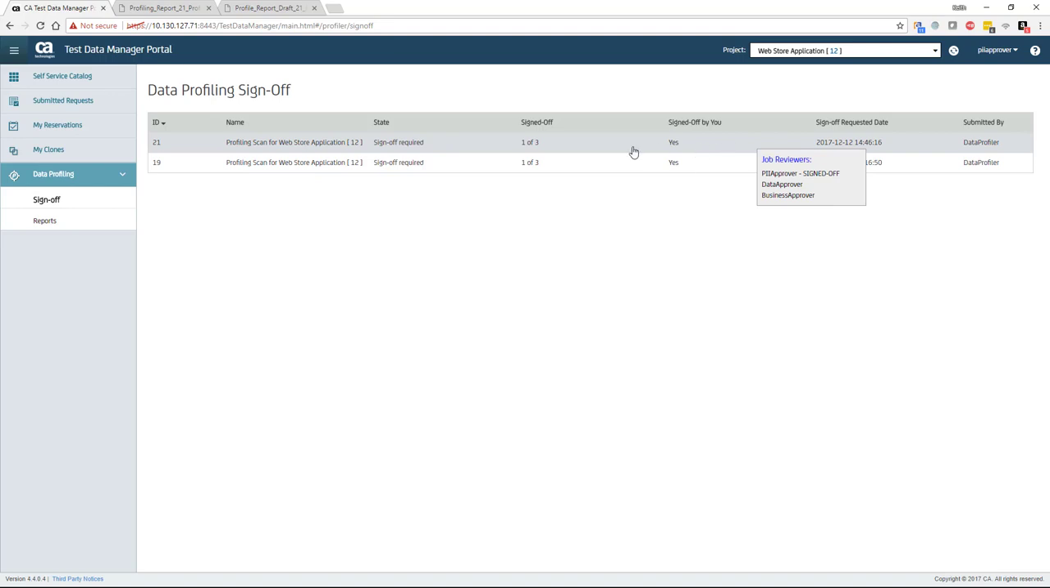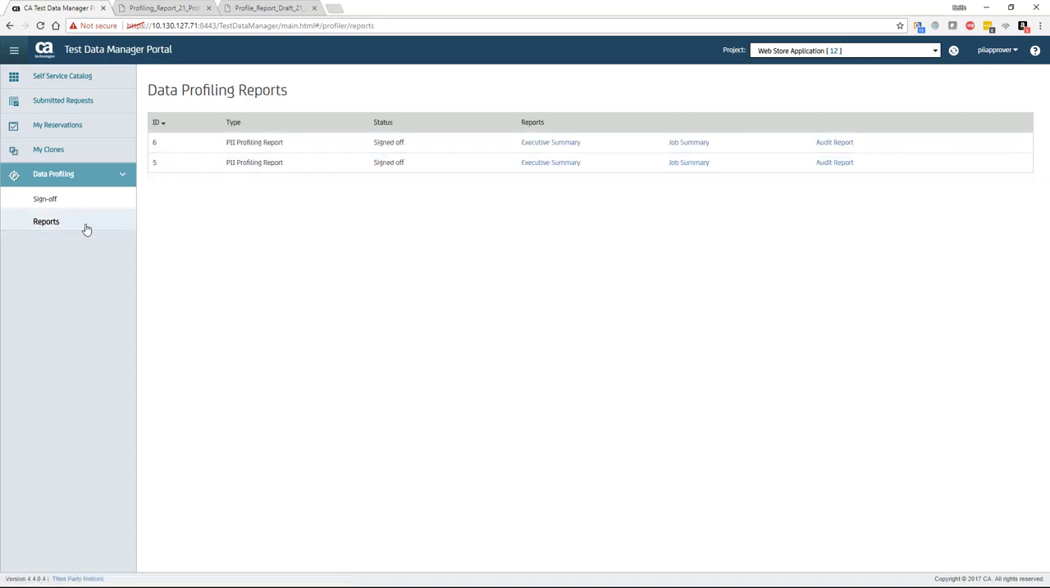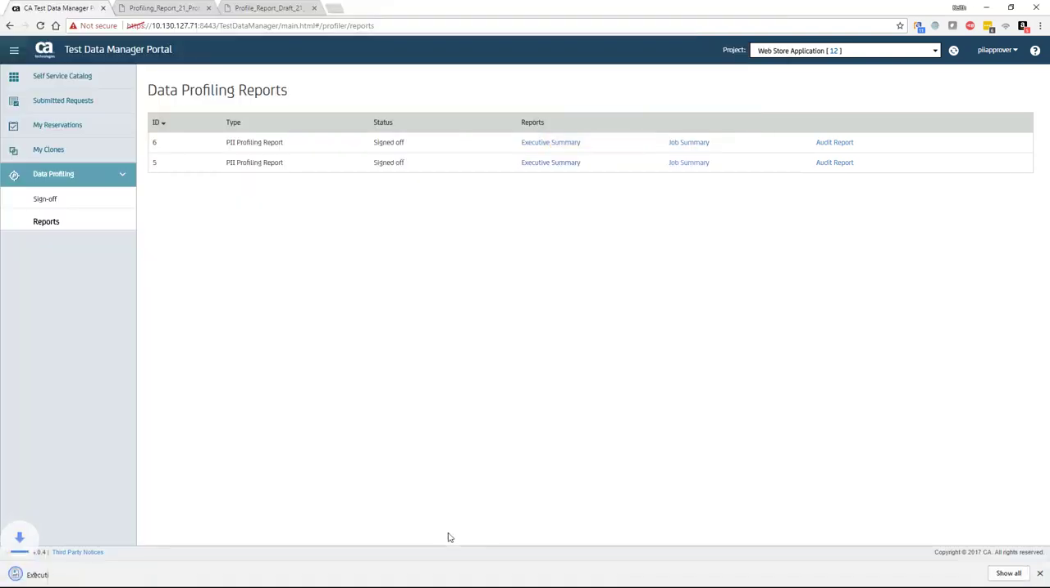Once the reports are signed off, they'll move into the report status. At this point, they can be used by the wider organization to review. We have these 3 reports: the executive summary that shows a very high level overview of the PII discovery, a job summary, and the audit report. If I click on the executive summary, as you can see here,